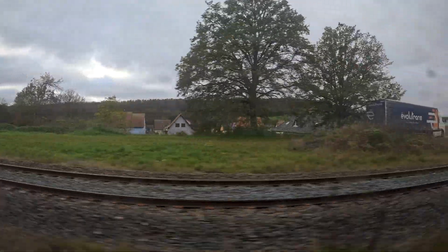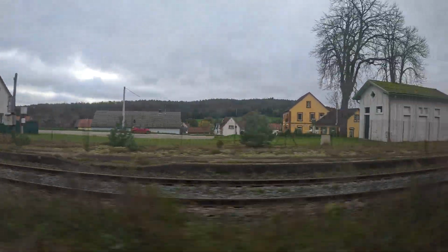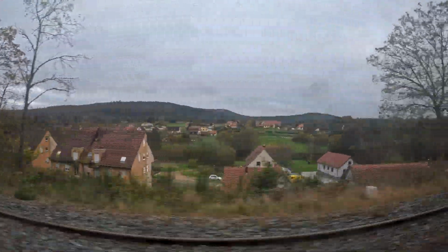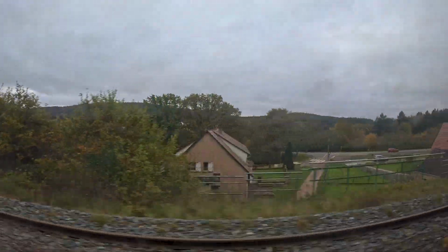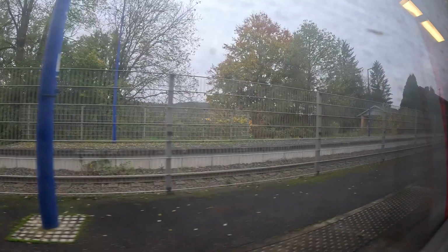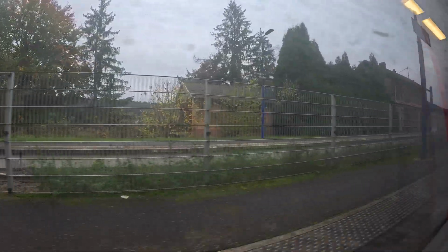Here we have a height of the mountains of about 300 to 400 meters, but still it's a pretty beautiful landscape. Former connecting railways were available, for example in Obermodern. There you had the connection on to Steinburg and Haguenau. There was a very small connecting line from Vingens-sur-Moder, which is the city in the middle of the Northern Vosges mountains, onto Saint-Louis-le-Beach. After this station, which we are reaching here, this is the station of Vingens-sur-Moder, we are also